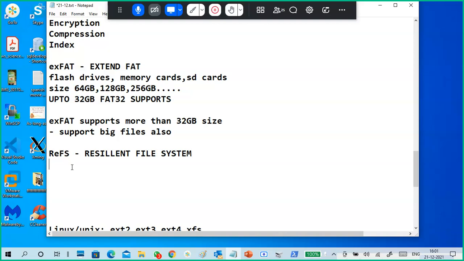If you still try to use FAT, it won't support more than 32 GB partition or drive size. So what to do? Better to use the exFAT file system. It supports a bigger file system size, and you can store big files also.